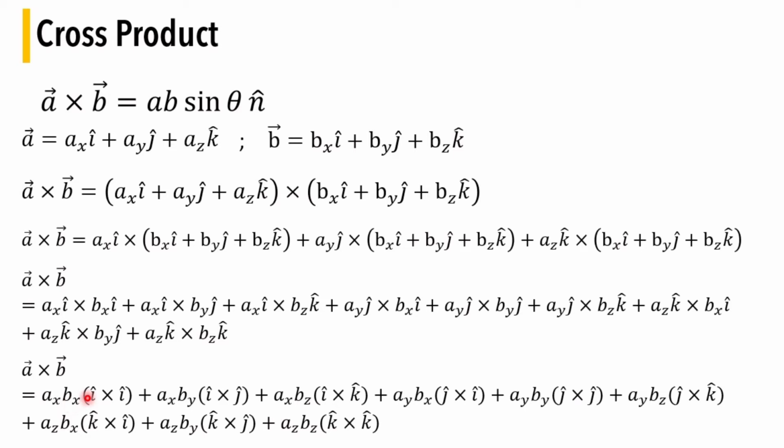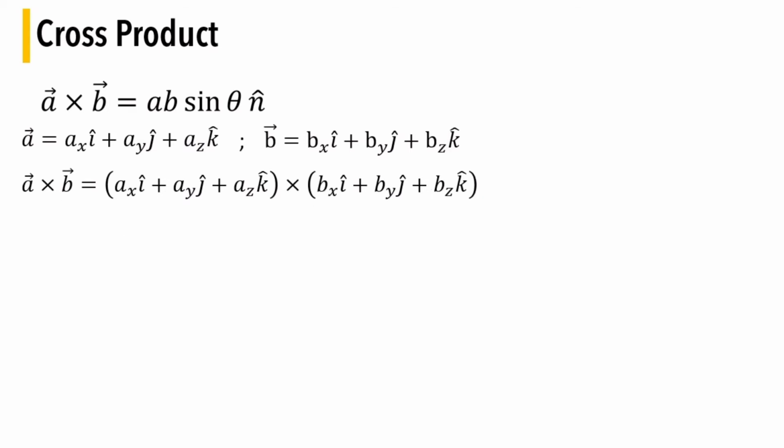The purpose of doing this is to make it easy for ourselves to see where and which unit vectors are being multiplied via cross product. Now first we take a look at how unit vectors are multiplied via cross product, and then